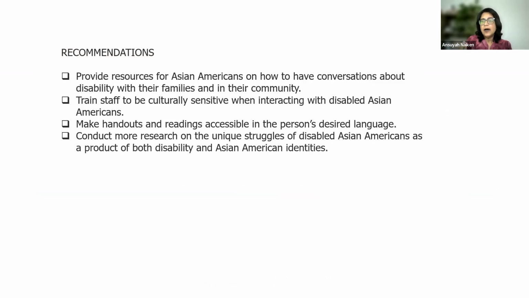So as I said, there is that level of discomfort, and a lot of it is probably around, I just don't have the language to use in terms of how do I communicate what's going on with my child, what's going on with my family member. I don't have the skills, I don't have the tools on how to do this. And that keeps me from engaging with people outside my community. So as an independent living center, if part of the literature, part of the resources that you can put out there help Asian families engage in these kinds of conversations, that would be helpful.